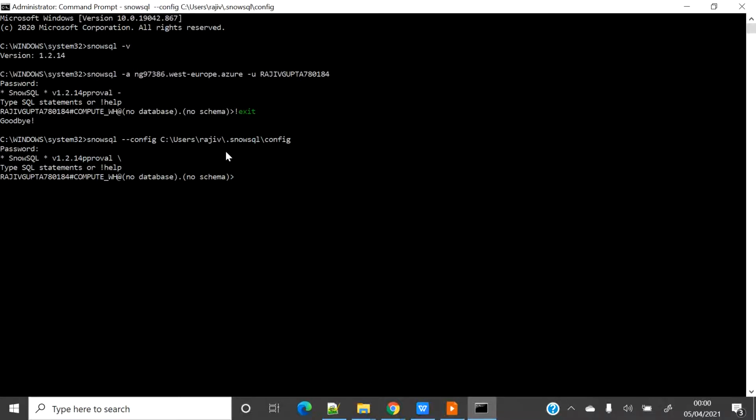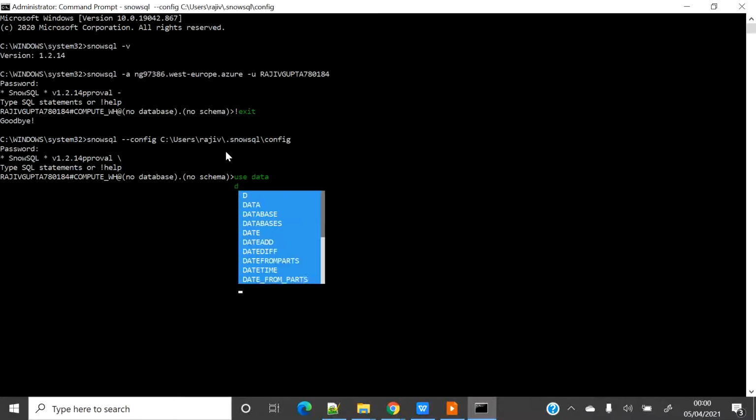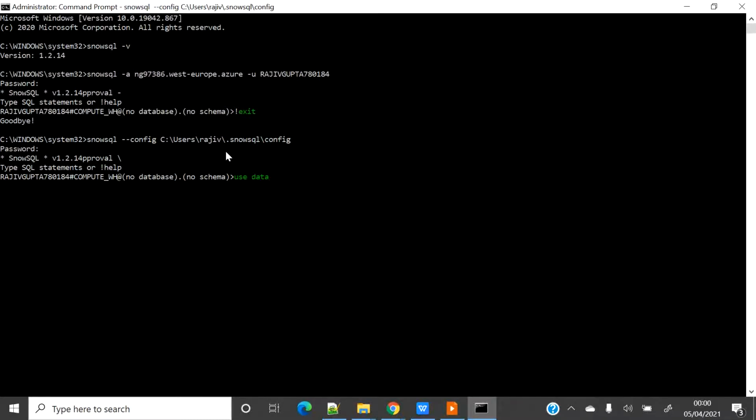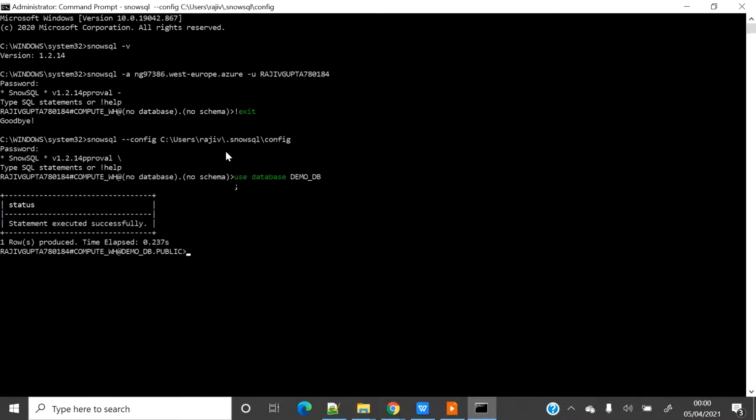So let me quickly select a database. To select that, I have to write use database. So you can see that everything is getting auto-populated with a drop down, which is very handy because I don't have to type anything. Database, and then I have to select DemoDB. So I don't have to remember everything. Everything is coming on the fly. So now you can see that previously only the warehouse was selected. Now I have the database and the schema as well. So I can quickly